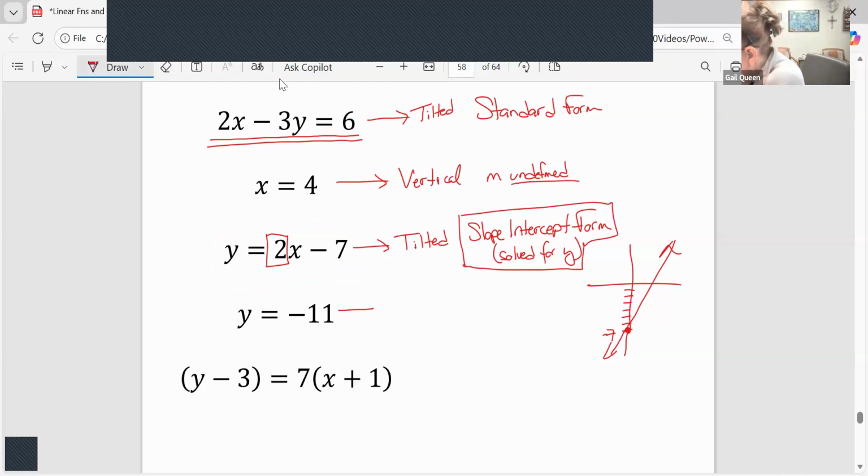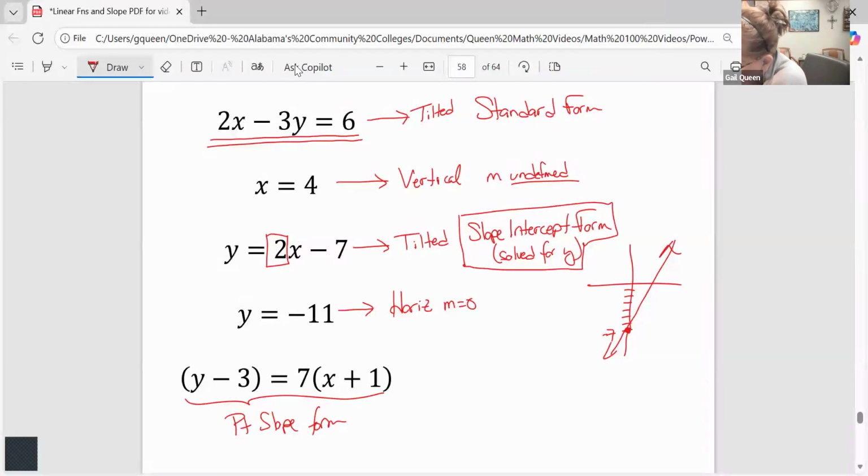Okay, the next line is y only. This is a horizontal line. The slope of a horizontal line is 0. And then the last guy down here is in point-slope form. It is a tilted line. Okay, and generally we don't leave our answer in that format. Usually they're going to ask you to put your answer either in slope-intercept form or in standard form. Okay. All right, so